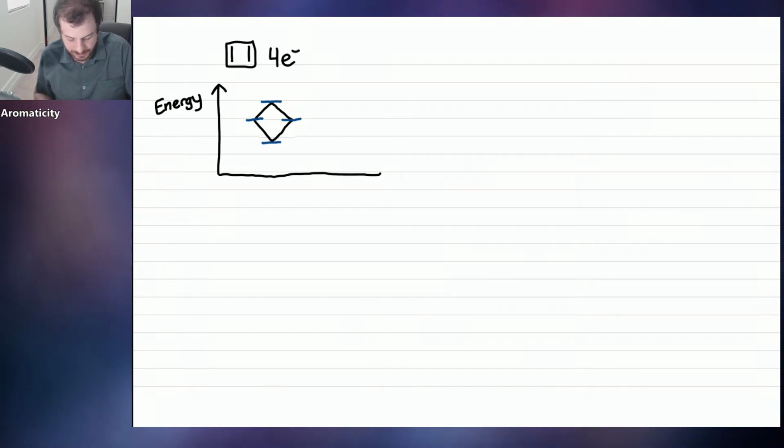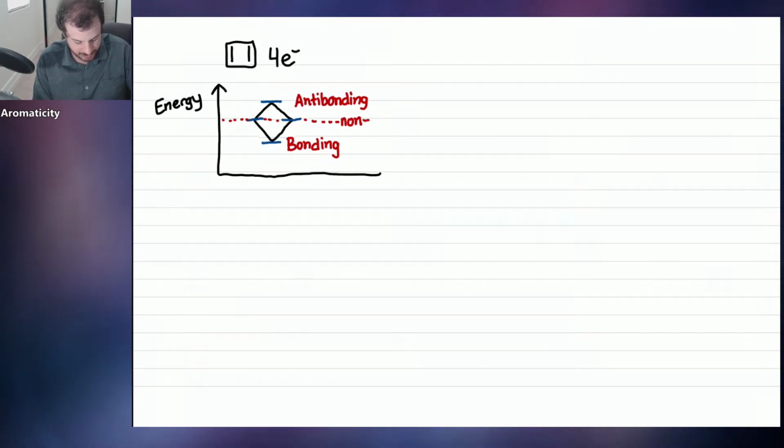And something interesting you find now is when we draw a red line to split this thing in half, notice that 2 of the orbitals are actually on that line. So below the line, remember, that's bonding. Above the line is anti-bonding. If you're directly on the line, you're called non-bonding.